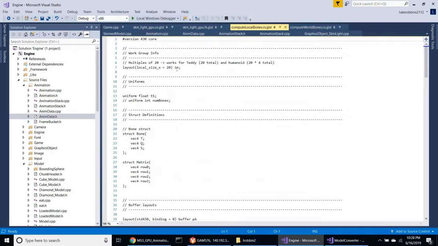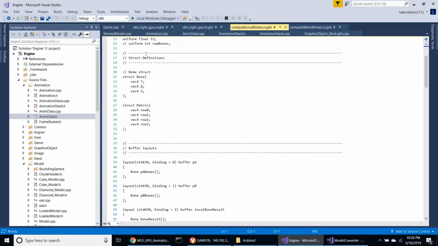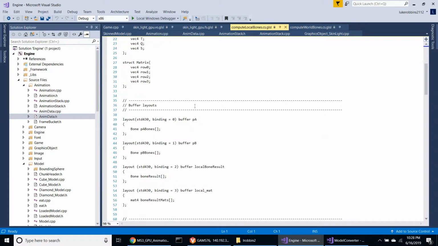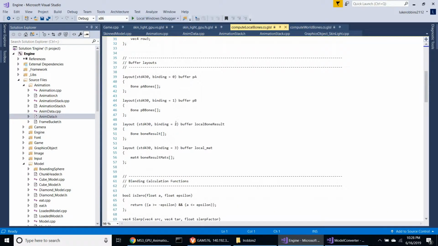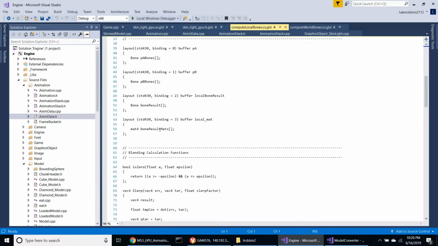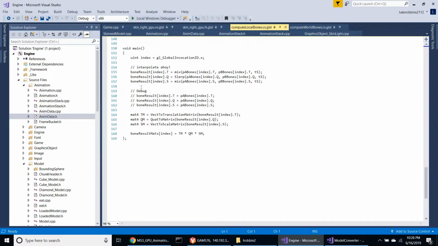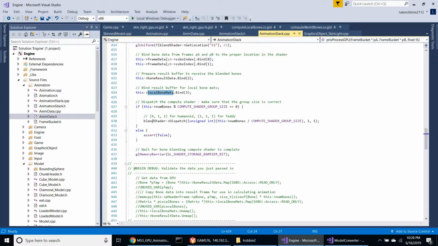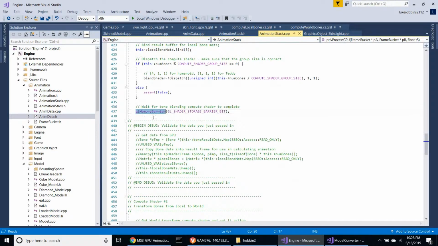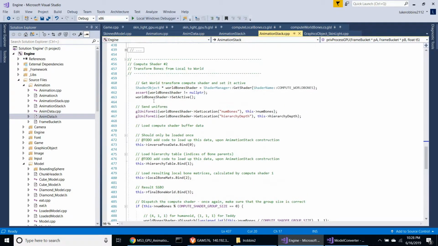On the compute side, I'm using the group of 20 that we discussed, passing in TS. Here's my bone structs. Here are my four bindings: the input 1, input 2, bone result, and actually matrix result. And then using slerp and mix, we've got our results here. And then once that's done, we have this memory barrier, wait for that to finish, and move on to translating